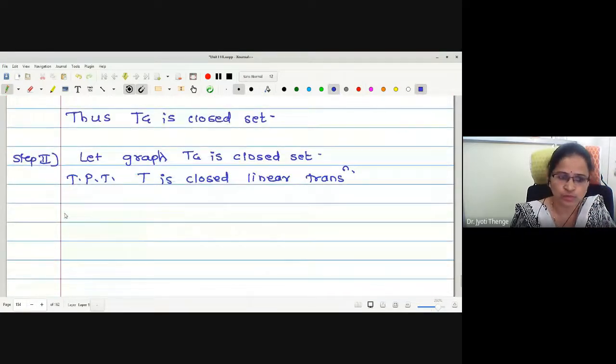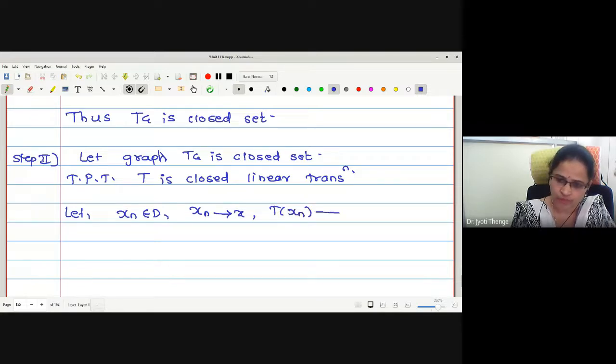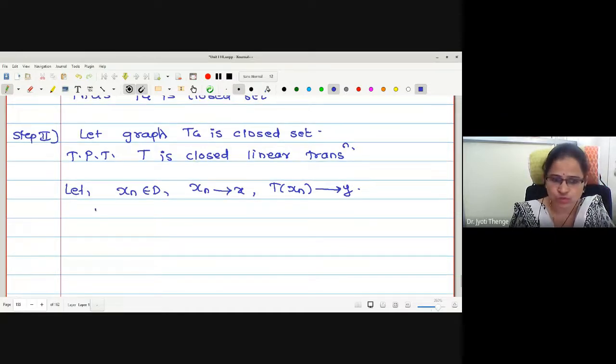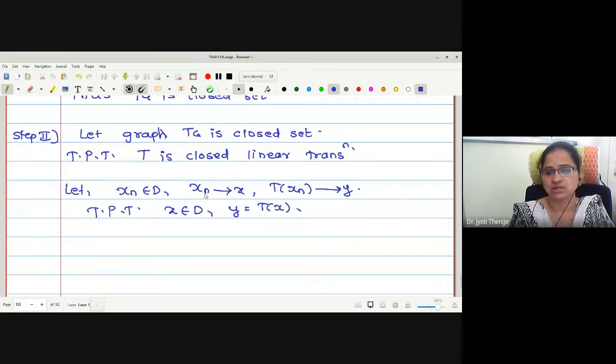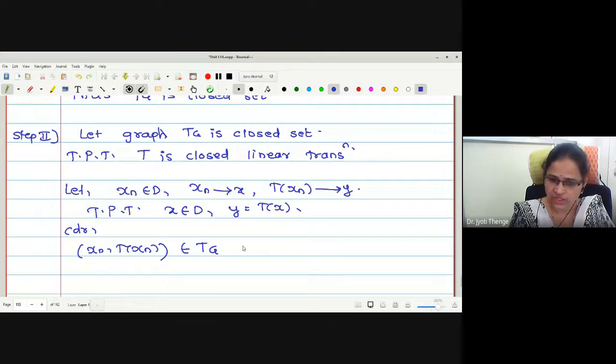Here, what can I assume? Let xn be in D, xn tends to x, and Txn tends to y. Now look at these many things. If I look at these, what one has to show to prove that x is in D and y equals T of x. Okay. Now consider this (xn, Txn). Let me consider this as one point (xn, Txn). By coordinate-wise convergence, or before that, can I write this as a point in TG? Yes, ma'am.